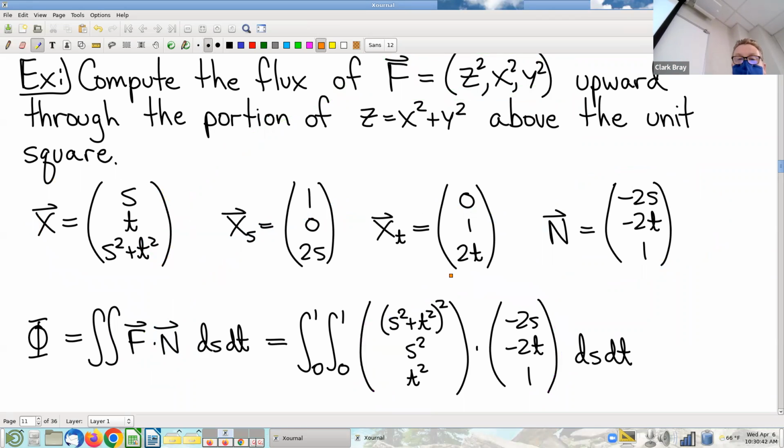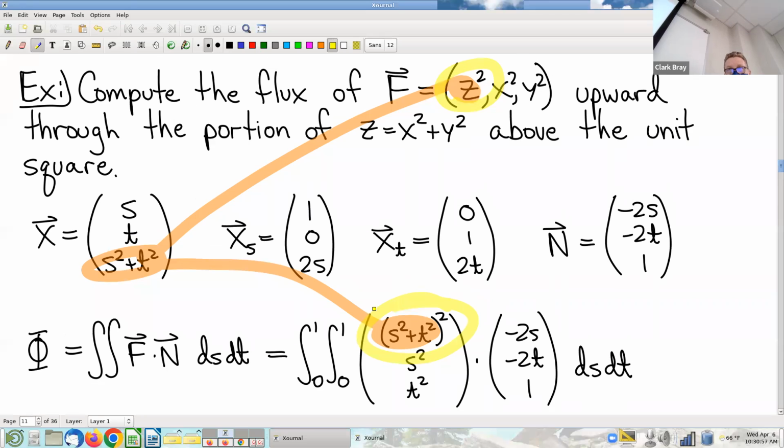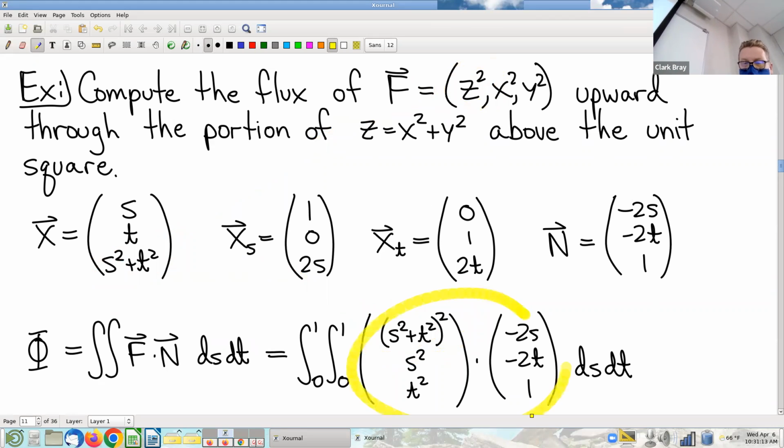So this Z right here, don't forget that Z is S squared plus T squared. So the Z squared is S squared plus T squared, squared. Right? Does everybody see what happened there? When you're pulling back through a parameterization, the parameterization itself is what tells you how to plug in. Okay, so, and then, yeah, straight up dotted out, and now you've got a double integral, a double iterated integral, and,